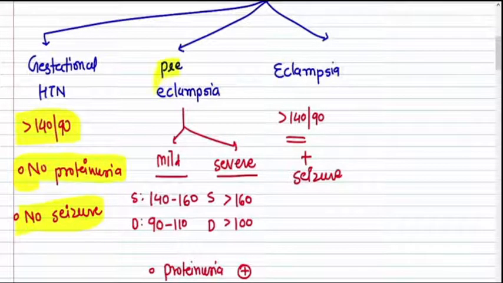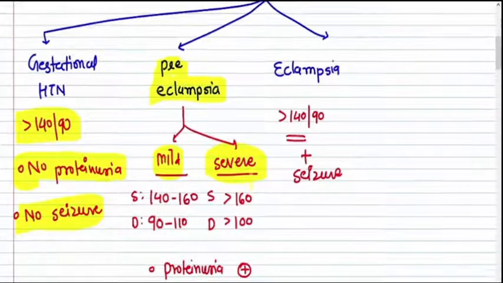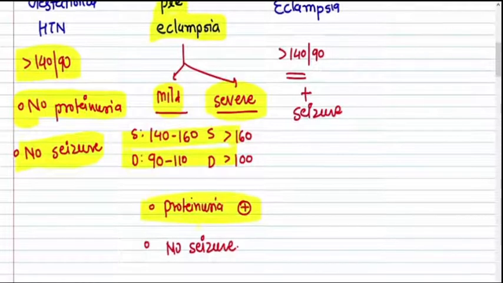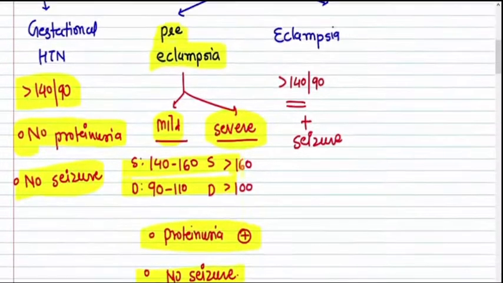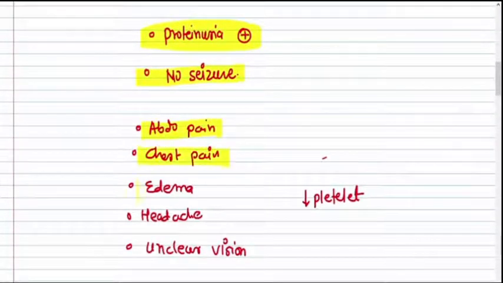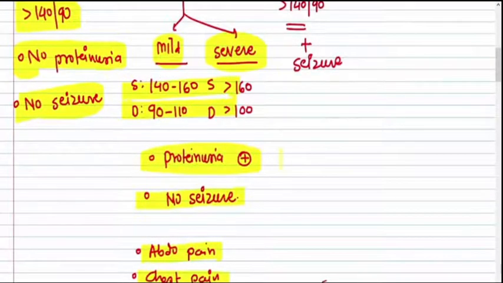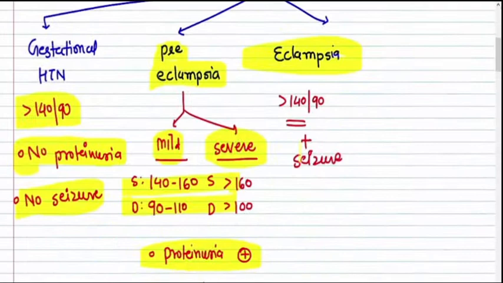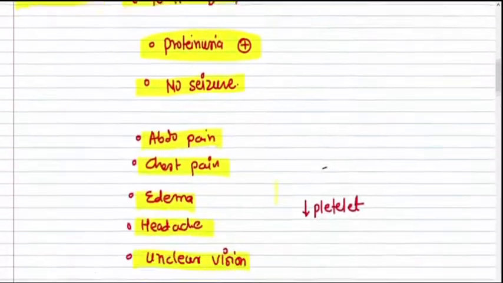Second comes preeclampsia, in which there are two categories, mild preeclampsia and severe preeclampsia, depending on the blood pressure limits, and there is proteinuria. No seizure is seen in preeclampsia, but symptoms like abdominal pain, chest pain, edema, headache, and unclear vision are the symptoms of severe preeclampsia. And the third one is eclampsia, in which the hypertension in pregnancy is complicated with seizure disorder, that is generalized seizure, along with